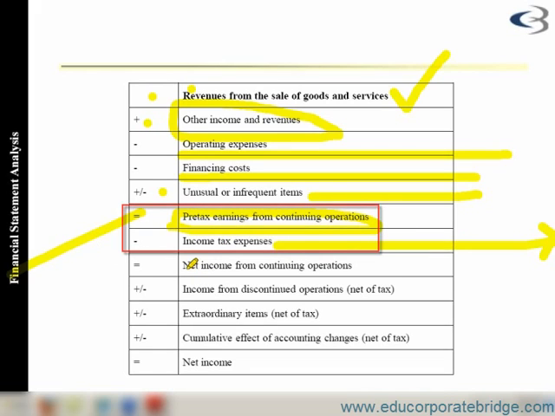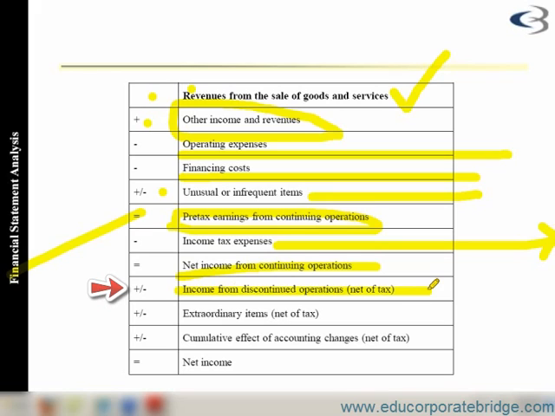So earning minus income tax gives me my net profit from continuing operation. The operation which I'm continuing, which I'm running, the net profit from that is reflected here. There can be an operation which I've shut down, which I've discontinued. That would be shown as a separate line item. When I say line item, I mean I am supposed to show this in a separate line, such as this. So here I'm showing income from discontinued operation.